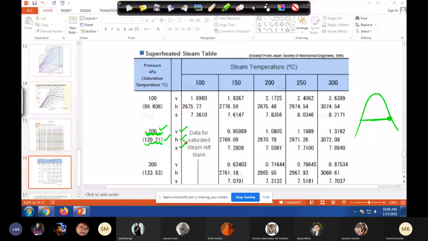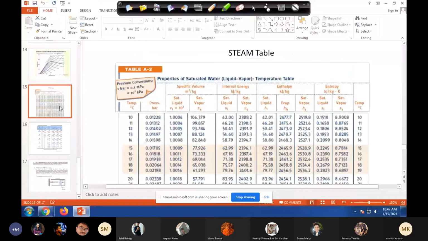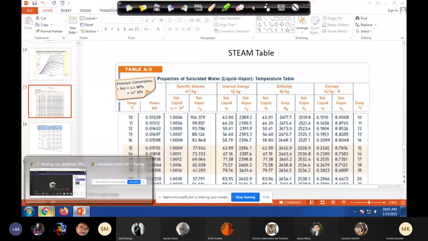Oh, sorry. I'm reading a wrong table. It's a superheated steam. I'm very sorry, guys. I thought it's a steam table for this phase change regime. It's superheated. I haven't seen it. Very sorry. I will come to this after a few minutes. Before that, I want to discuss another diagram. Sorry, wrong. It's not the correct diagram. Go to the correct diagram. It seems I haven't put it. So let's take it as homework, or let me see if I can find it on Google right now, and I can show you.